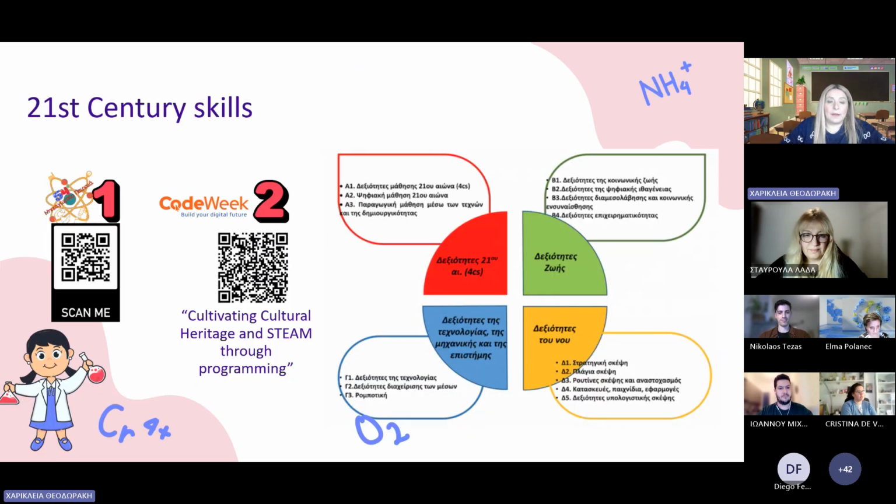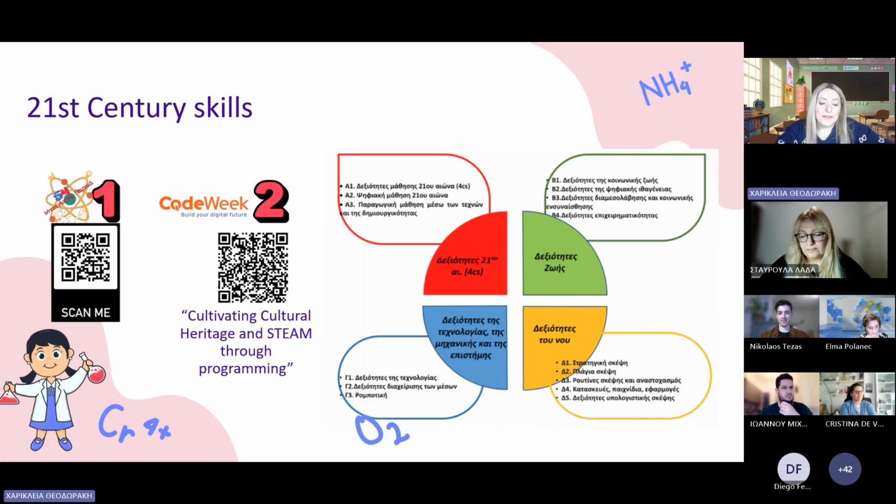Here is a photo about the 21st century skills, and I tried to make the translation, and I gave you the translation to this photo because it's from our curricula.